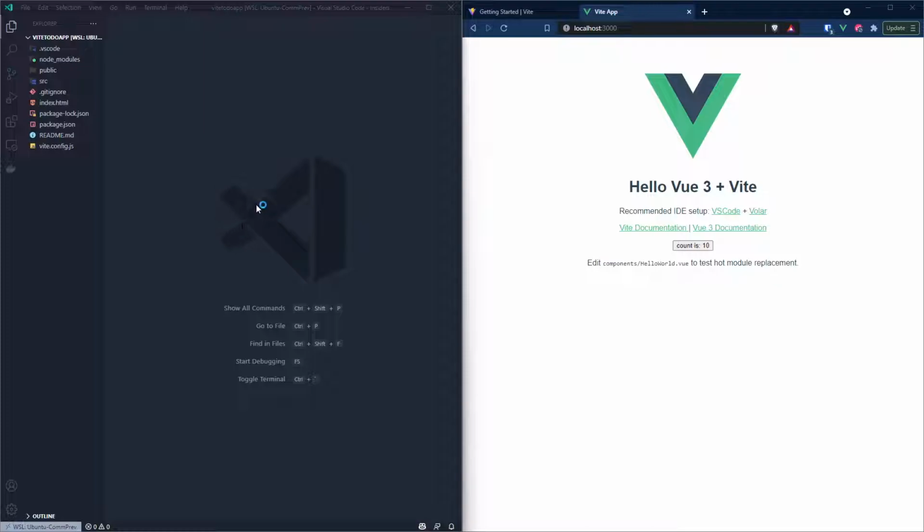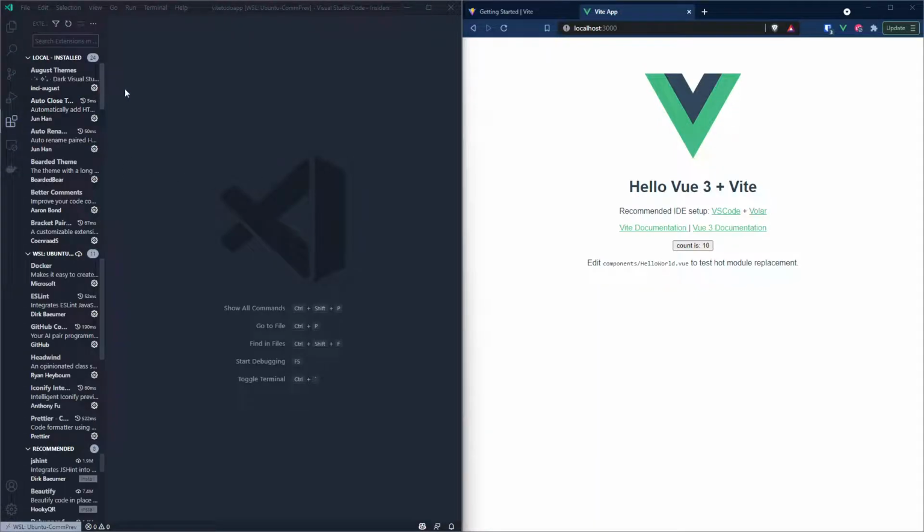And this will open the project for me inside here. Now, there are several templates, well, plugins I will recommend you to install. I will recommend you to look for